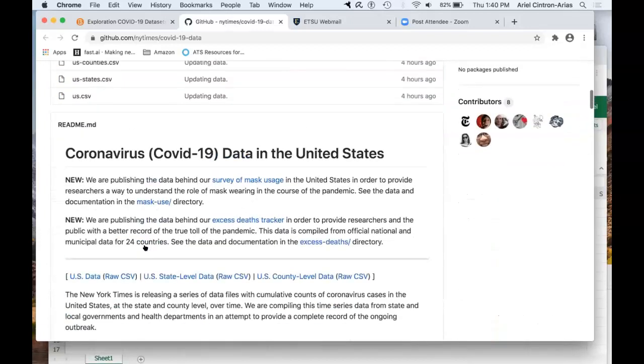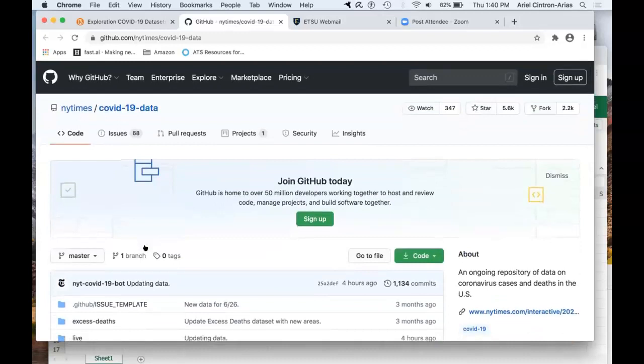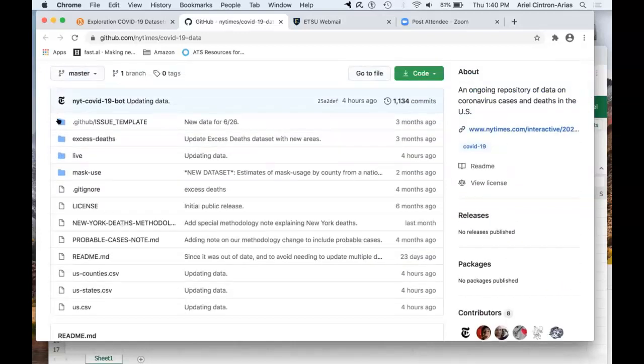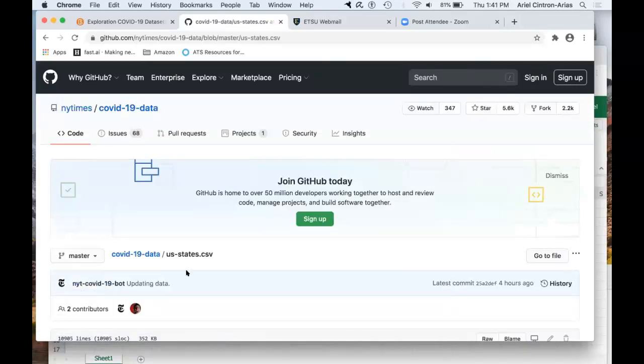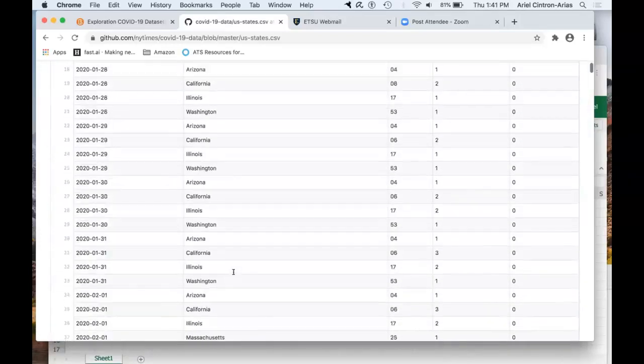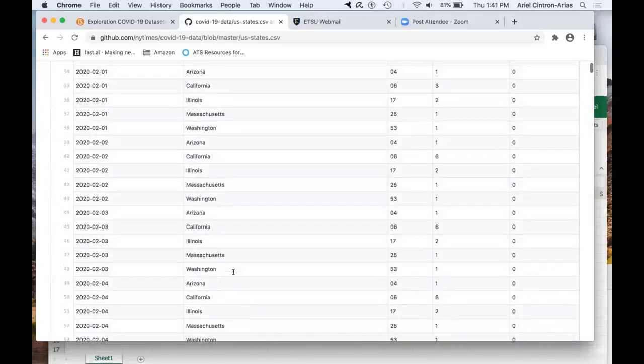But today, right now, once you follow this link and you're in this website, the next thing we're gonna do is to select, there is a listing that looks in blue: license, New York, probable, readme, US-counties, US-states. That's what we click next. Okay, so you select US-states, and then your page should look exactly like my page over here, which is,